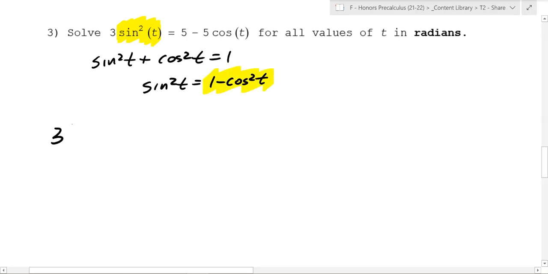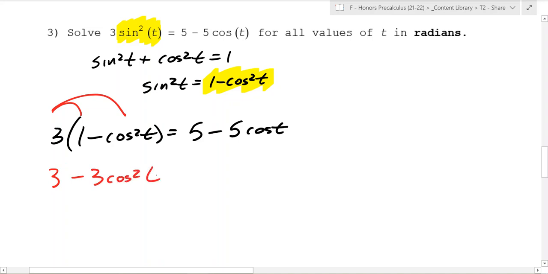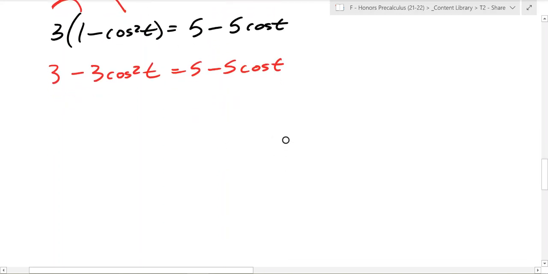So we end up with 3 times 1 minus cosine squared t, and keep the same thing on the right-hand side, 5 cosine t. And the reason we did that is we wanted to try to get the same trig function. We now distribute this 3, and you end up with 3 minus 3 cosine squared t equals 5 minus 5 cosine t. Gets a little messy, but similar to what we did above, we're going to put everything on one side. We're going to take this side and put it over there. So subtract 3 and add 3 cosine